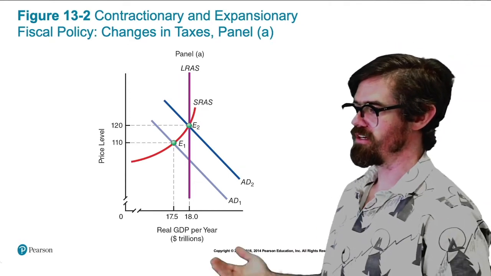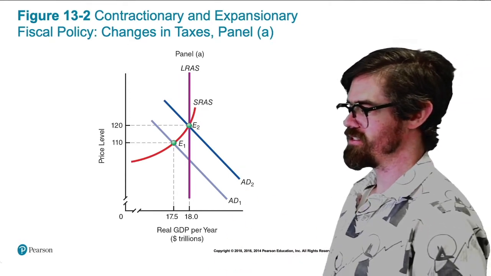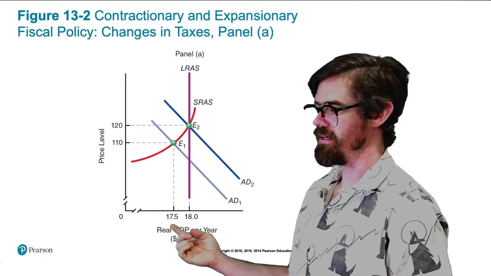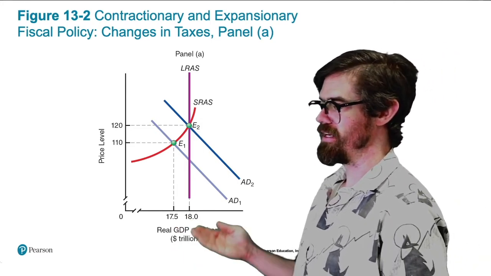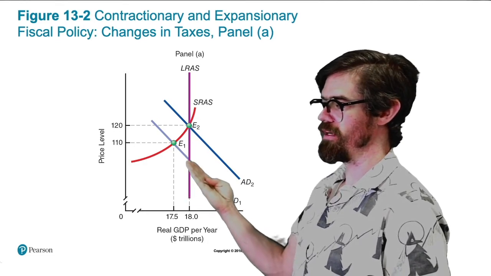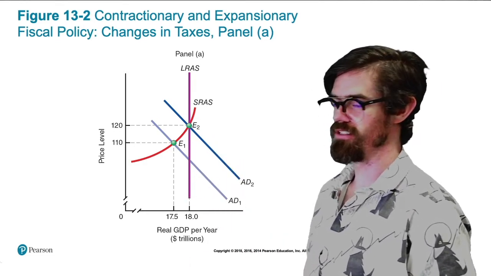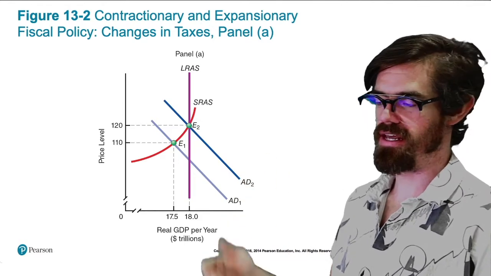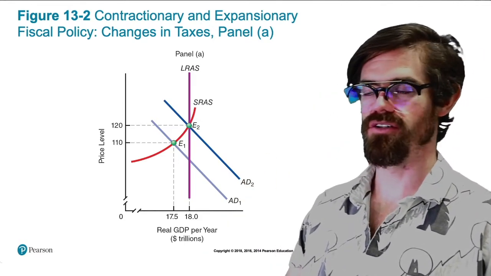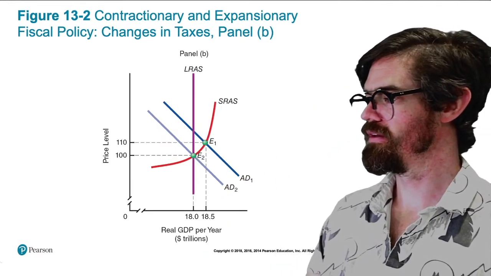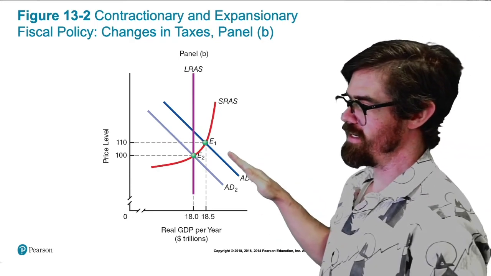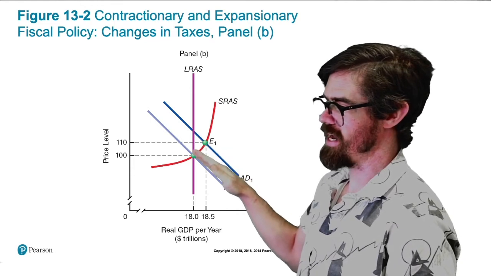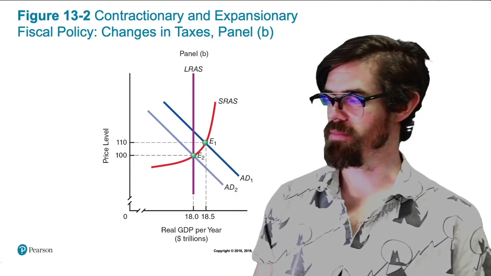All right, so here is our expansionary policy picture again. Basically, we're in a recessionary gap here, and rather than spend more money, it could reduce taxes to increase consumption, investment, and net exports to get us back to long-run equilibrium. And if we're sort of overheating, right, it could increase taxes to push down aggregate demand.